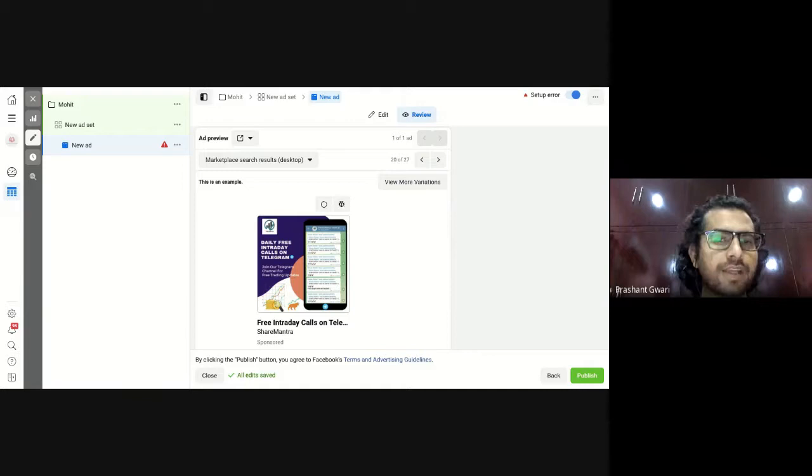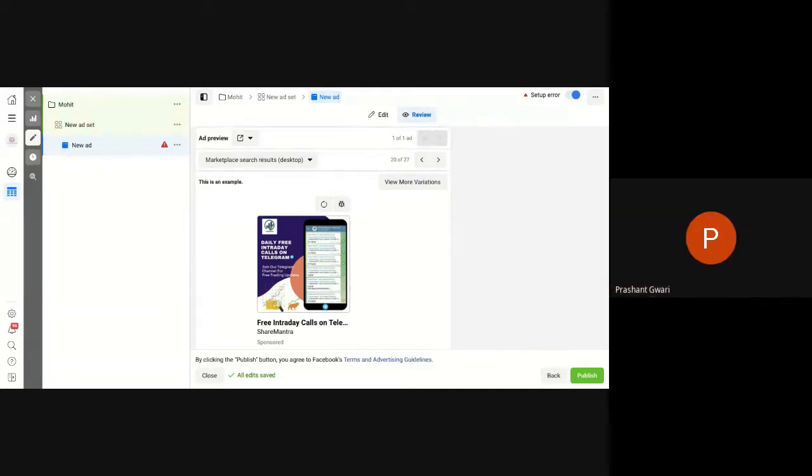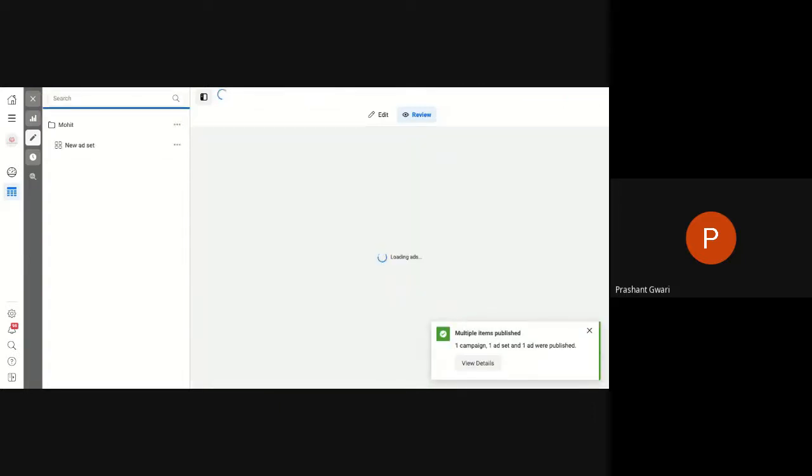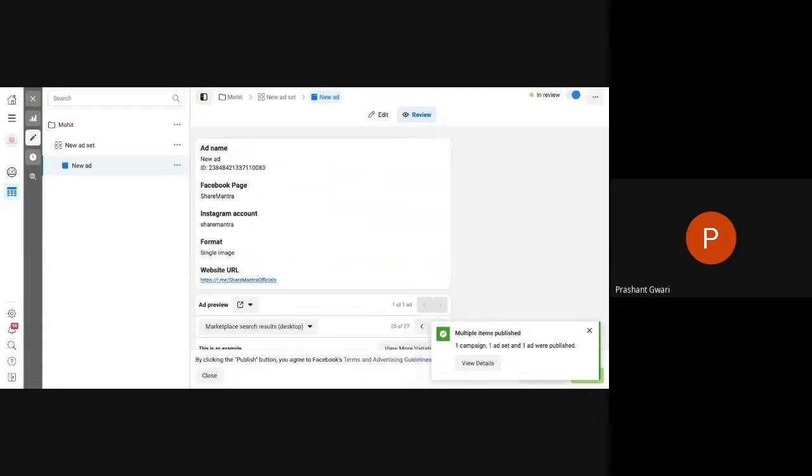Once they do that, your content will go into active mode, and it will start appearing to the targeted audiences, and they will start seeing your content and engaging with it, and you will start generating results. And how can you do that? Just click here on the publish button like this, and within a few seconds it will get published, and we will go back to the dashboard of the Facebook Ad Manager like this.